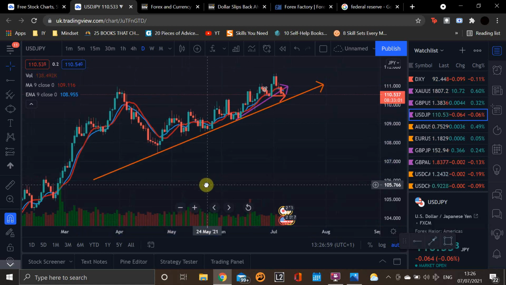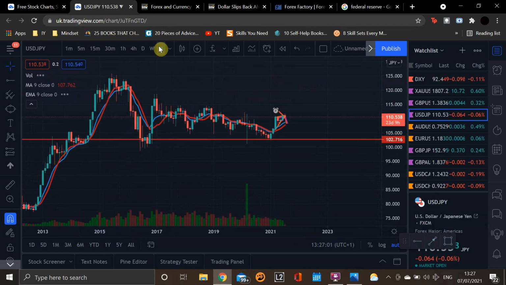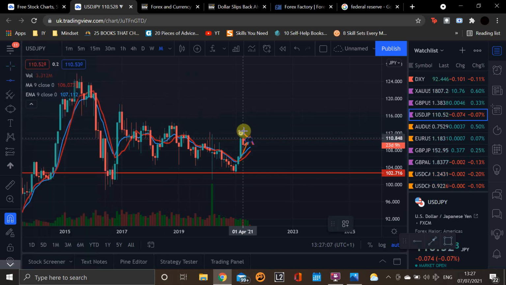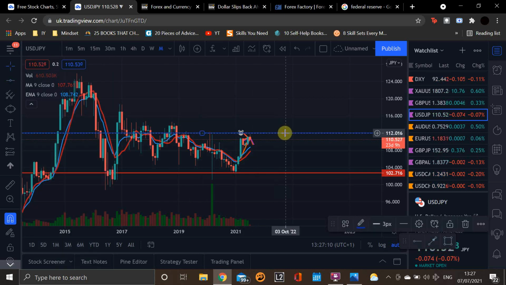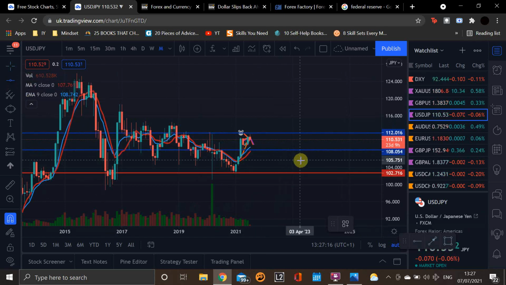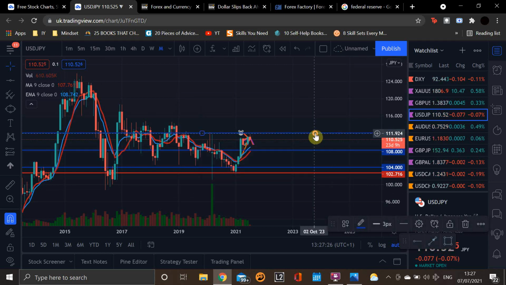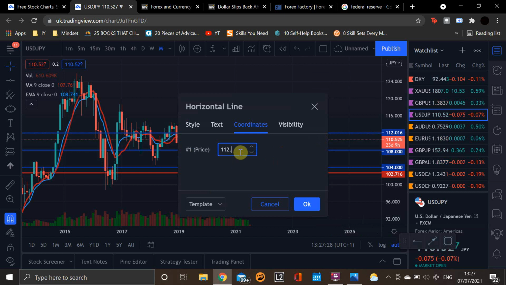Okay, so what I'll do on a monthly, I'll mark the major areas like I normally do. Mark in blue. 1.08, 1.04, 1.04, 1.08, 1.112,